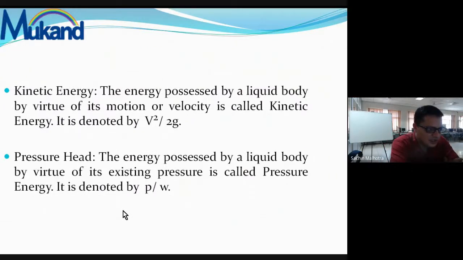Next is kinetic energy. We all know that it is the energy possessed by a liquid body by virtue of its motion or velocity. तो kinetic energy है वो होगी liquid body के motion और velocity के कारण. And it is denoted by v square upon 2g, where v is the velocity and g is